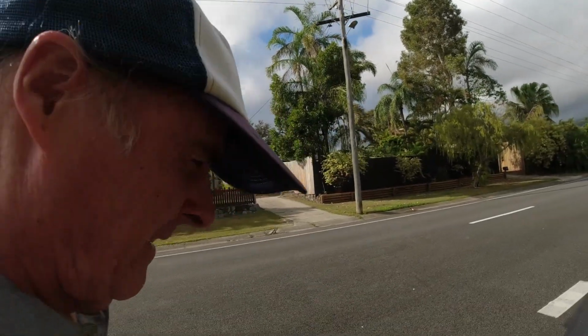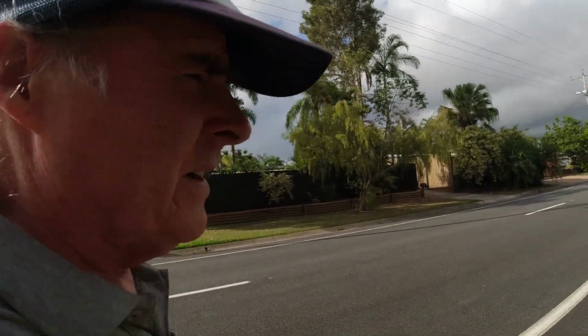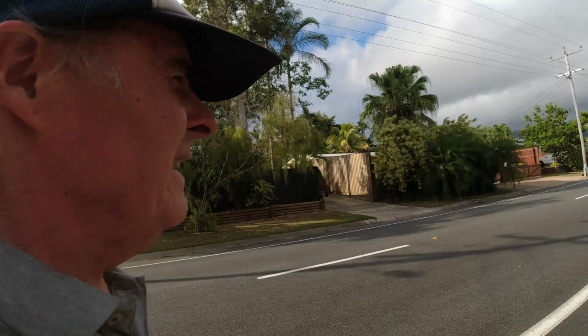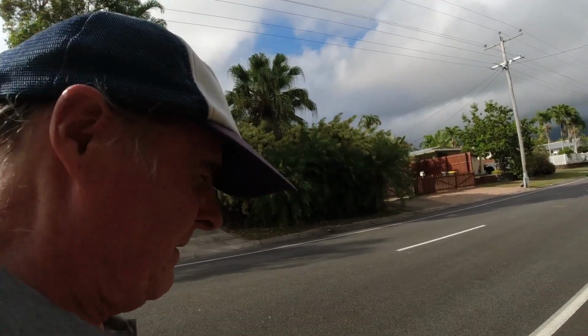Anyway, hopefully we'll get a change soon, but it doesn't look like it according to the weather forecast. They're forecasting 31-degree days coming up, a whole string of them this week. So that's not very encouraging, but things can change pretty quickly. I think we got some rain last night. I heard a burst of rain, but